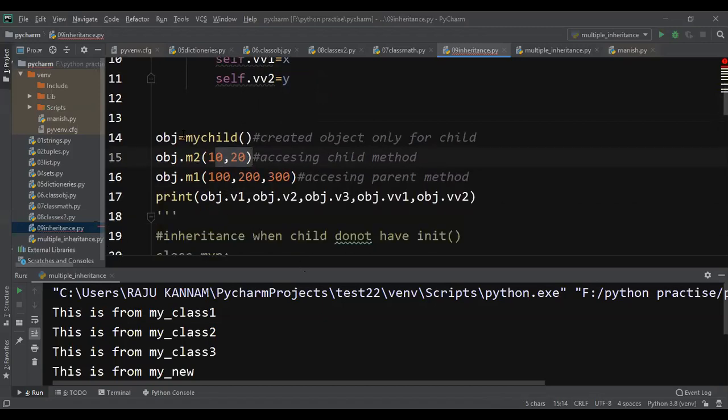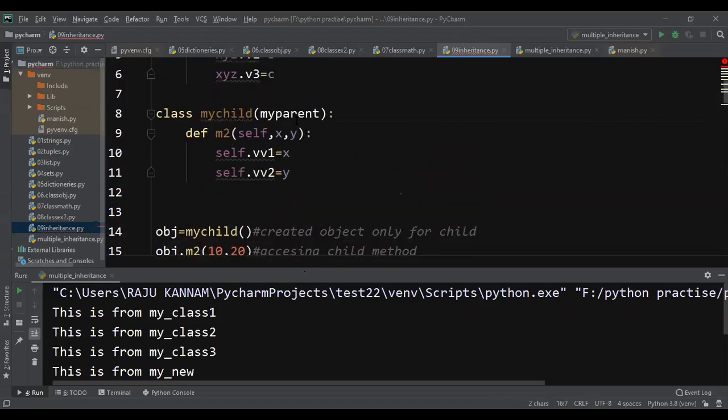Then with the same object I am going to access m1 also. But m1 is not a method of my child; I already told the Java virtual machine that I am going to use the functionality of my parent. So all the members of my parent can also be accessed by my child.